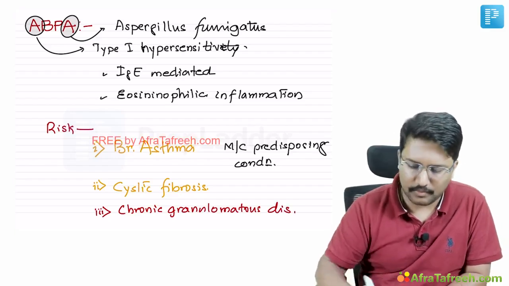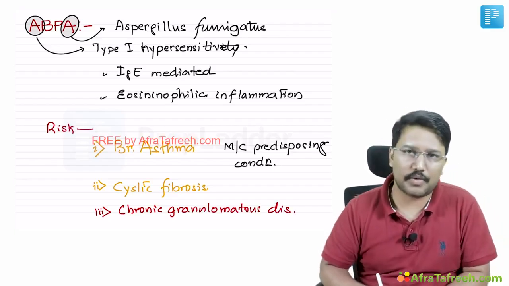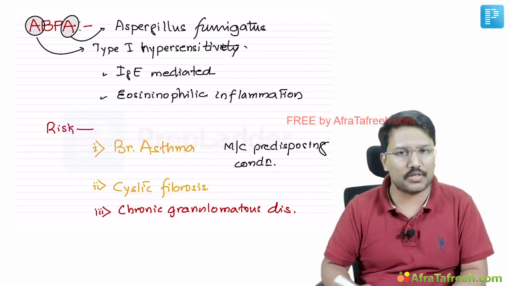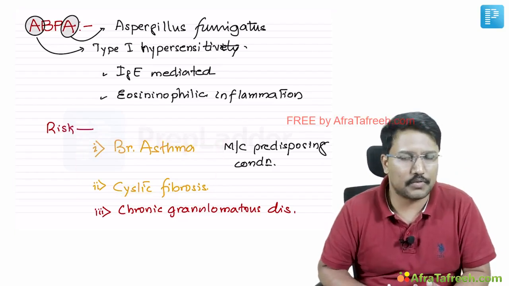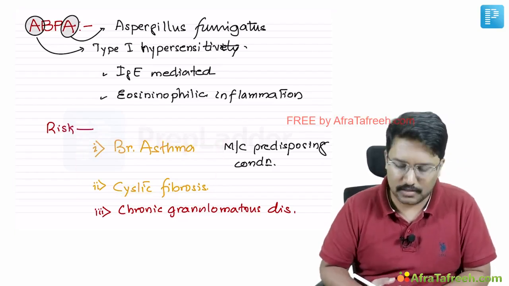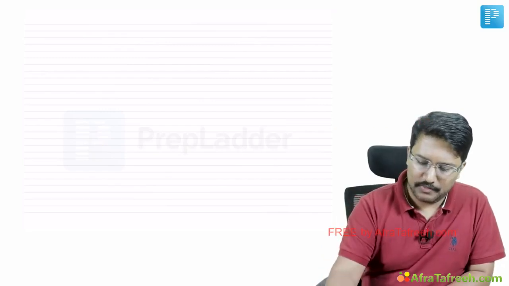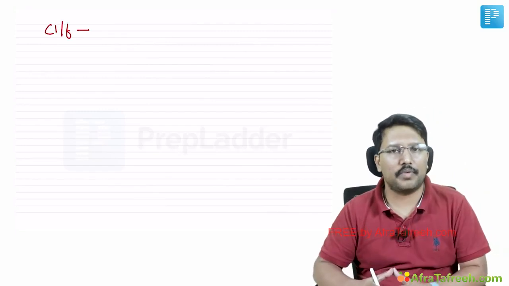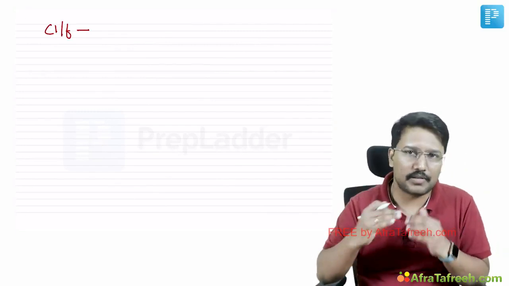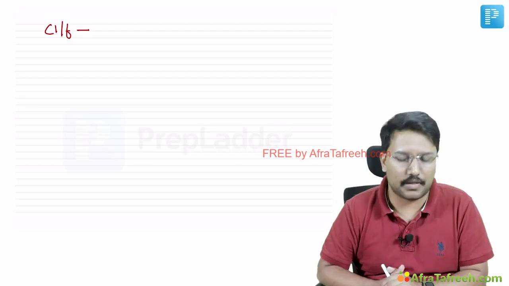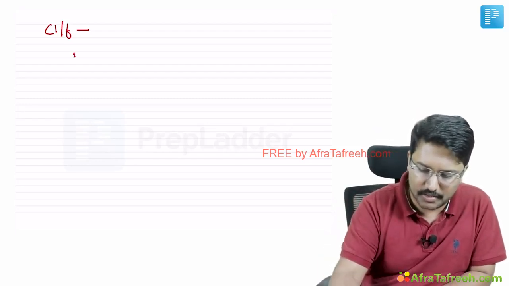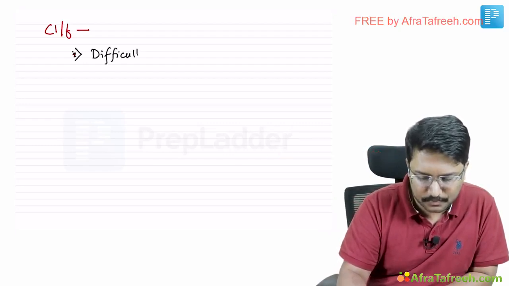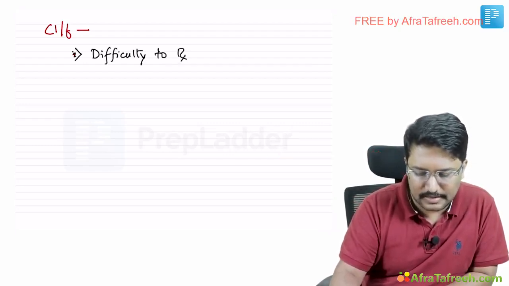Now, if you look at most of the diagnostic criteria, they do talk about the predisposing condition, and mostly they talk about these two entities only, because commonly those are the ones associated with bronchial asthma and cystic fibrosis. Now, clinically, how is this ABPA going to present? Clinical features wise, you need to remember two things. One, the story of a patient of ABPA is characterized by frequent flare-ups and baseline continued activity. During flare-ups, mostly it presents in the form of difficulty to treat underlying condition.